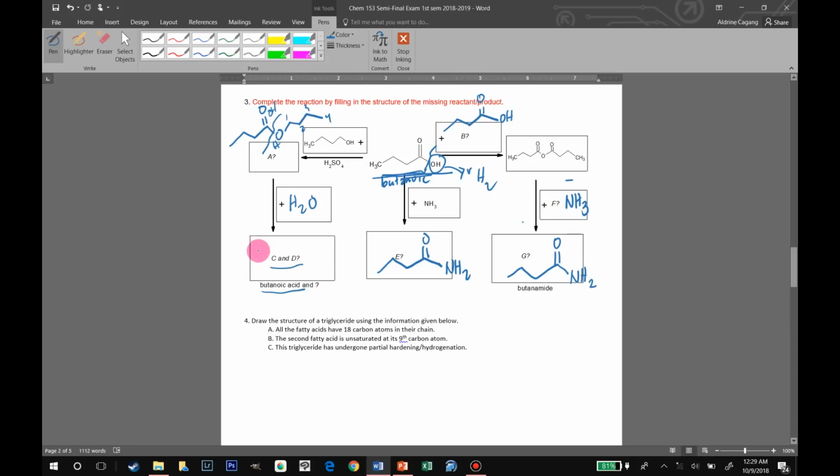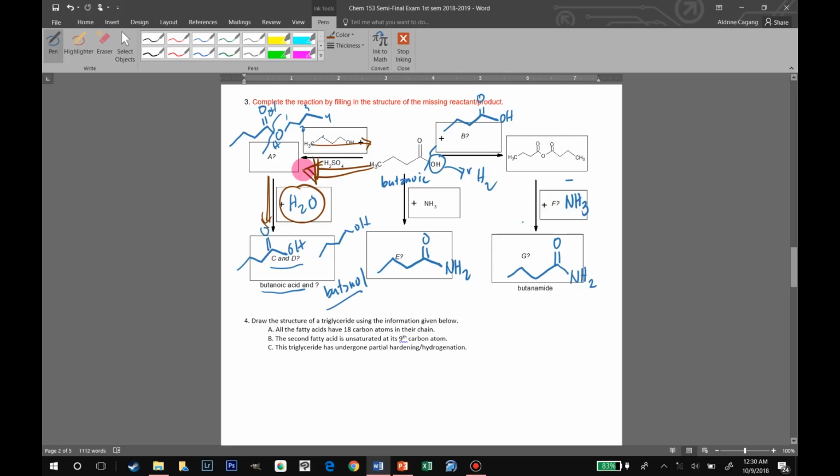So the structure here should be butanoic acid, OH, and the other product, which is the reacting molecule, 1, 2, 3, 4, your butanol. So in this case, you're simply reversing the process that you did here. So this part here is simply the reverse of this part here, and the reverse of that is just the